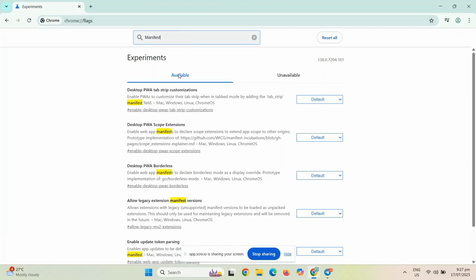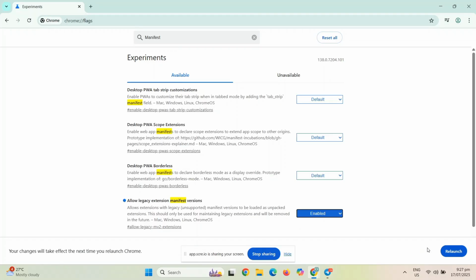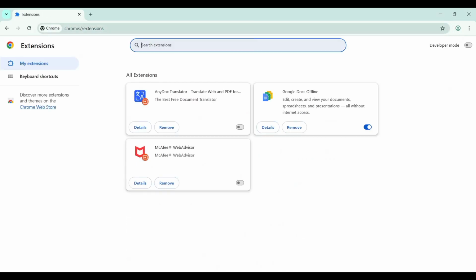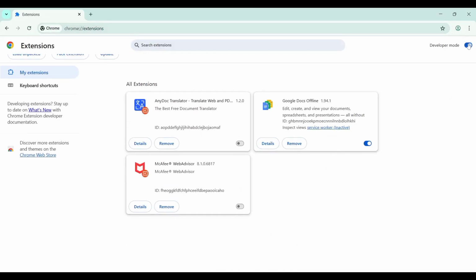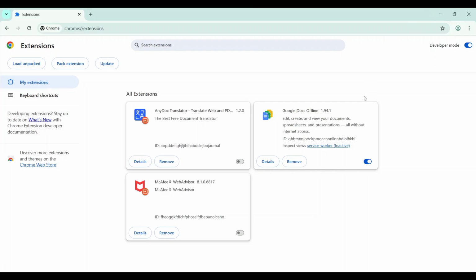and from down there you just have to go to "Allow legacy extension manifest versions" and then click on Enable, and then from that you just have to relaunch your Chrome. After you relaunch it, you have to go to Chrome extensions, then enable developer mode, and then from there just